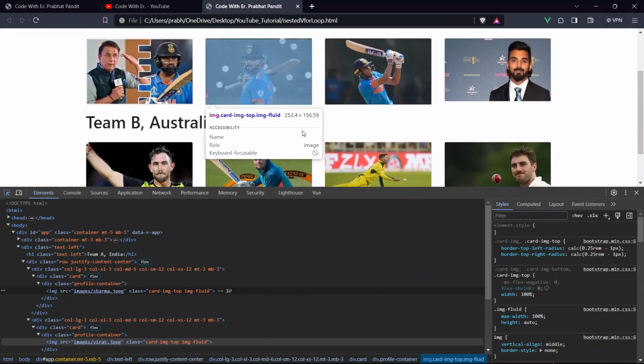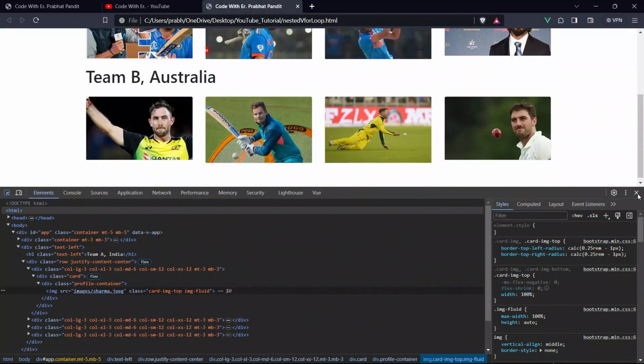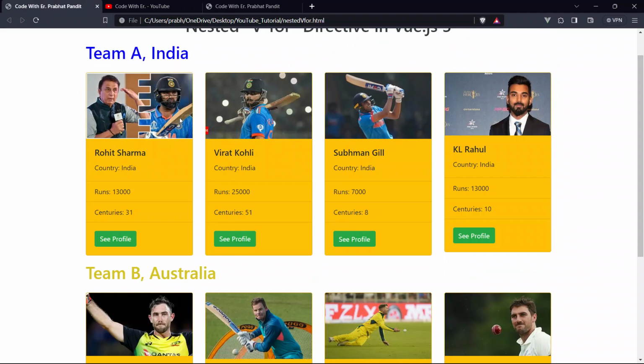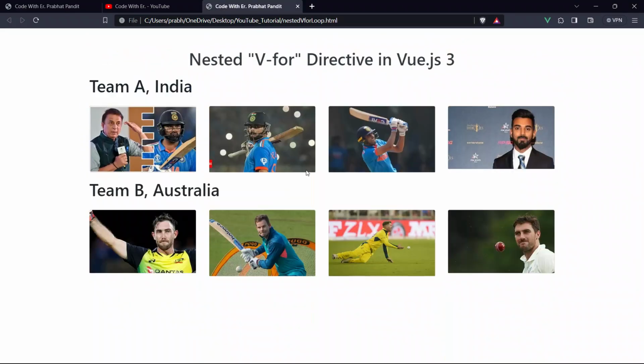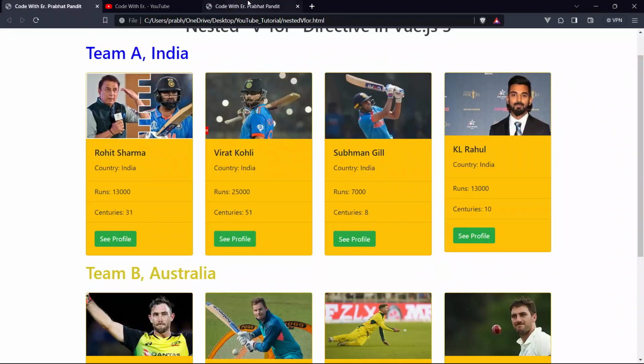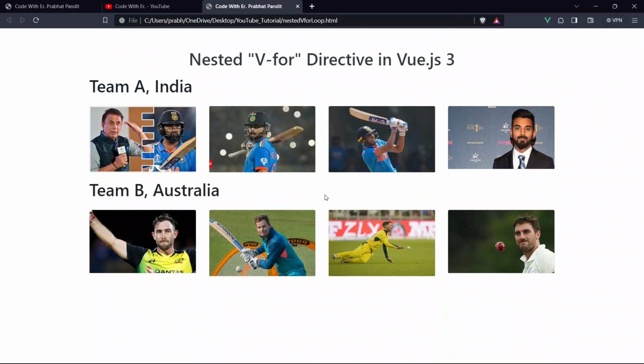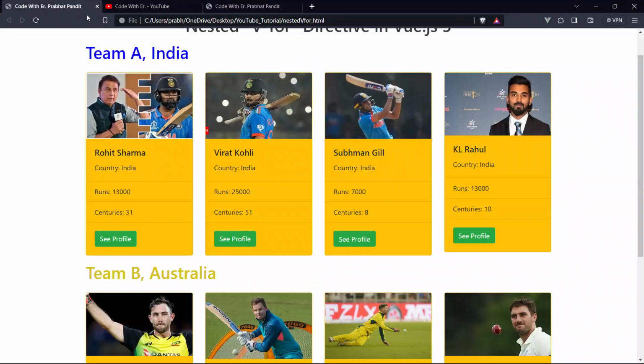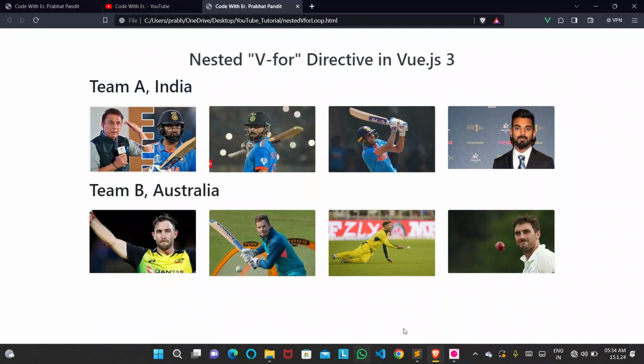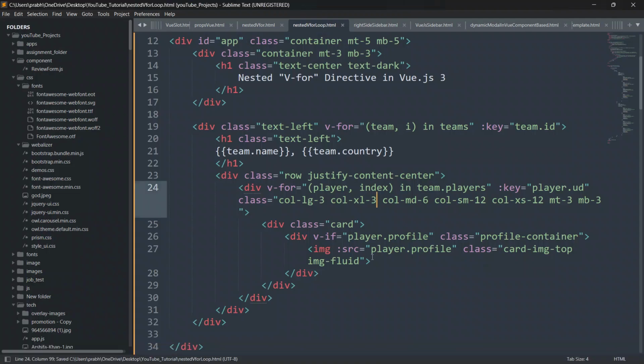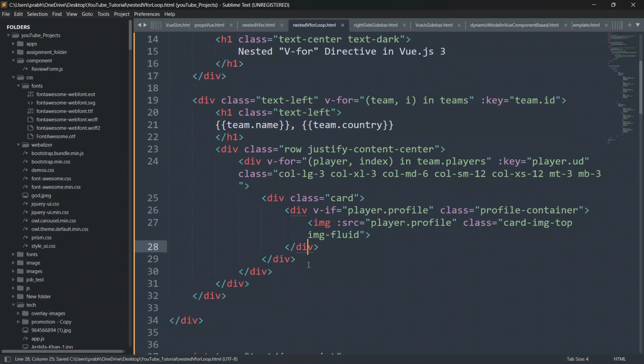So see, boom. Now we are able to see the big picture also, like this. You can see our application has started looking cool. This also looks cool and this also looks cool. Now we have to show all the records like name, country, runs, centuries, and the profile button also. So go to the code again, and below this profile container div